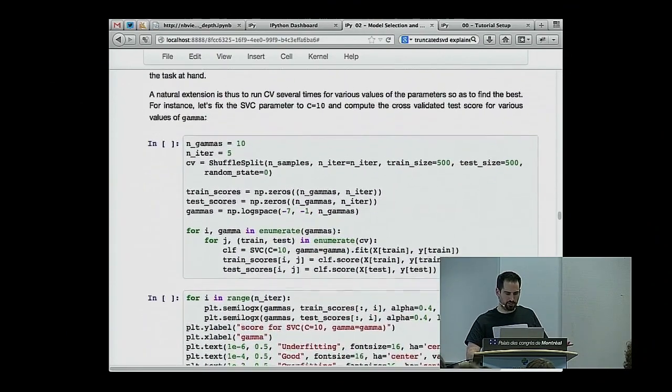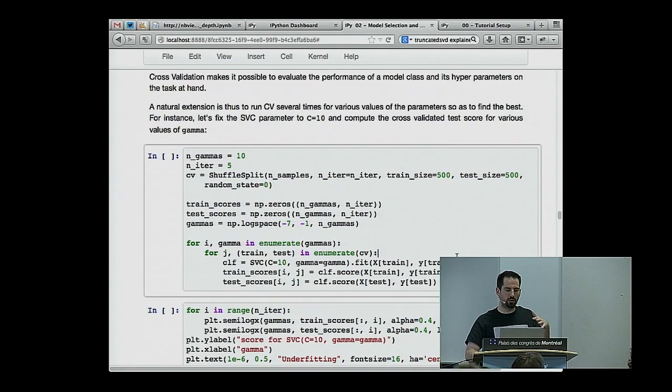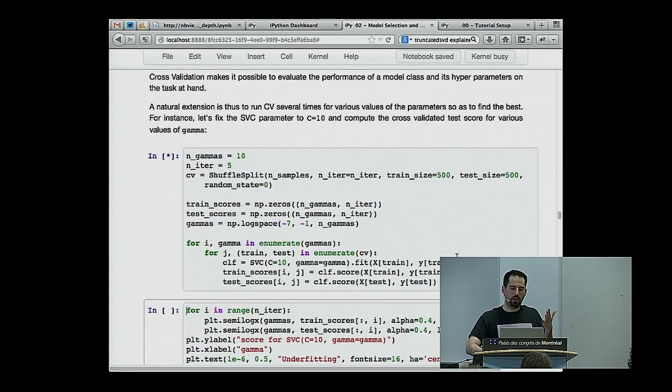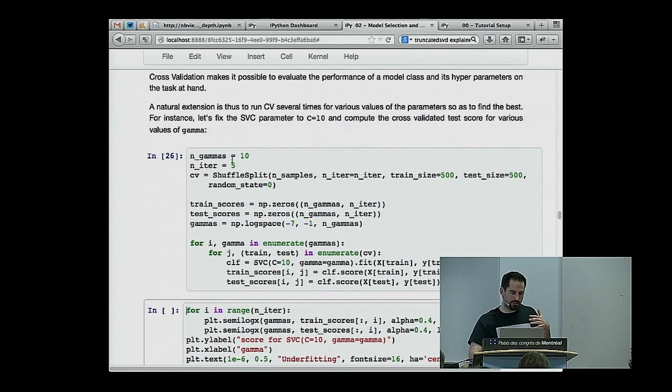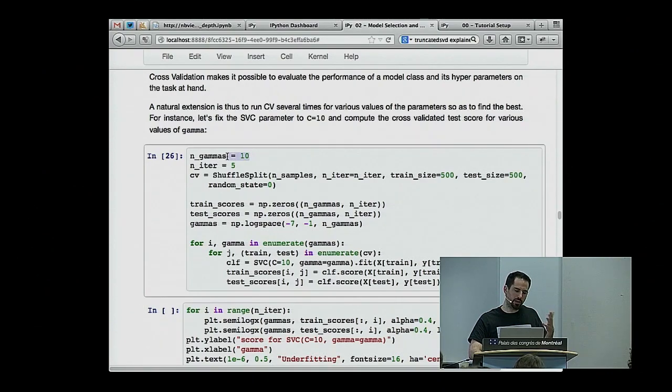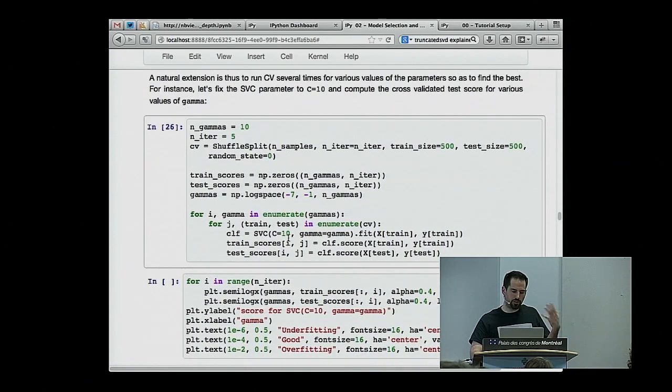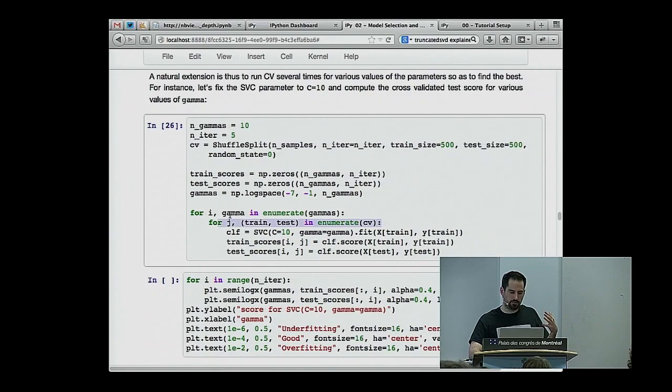So we've already seen previously that you can do this procedure of cross-validation several times with different values of the hyperparameters. Here, in this case, I will try 10 values of the gamma hyperparameter of support vector machines, and for each value of gamma, I will do a cross-validation. So I will do two nested for loops. One will iterate over the possible values of gamma, and one will iterate over the possible train test splits. And I will record the train scores and the test scores for each possible value of gamma and each possible